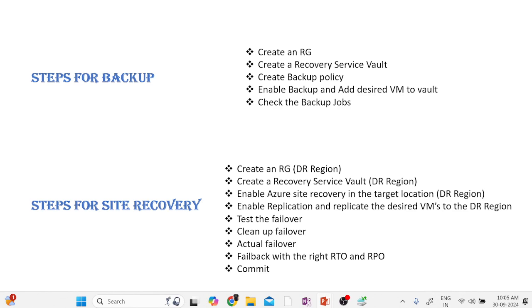It will make sure it triggers every day and takes the backup. If any error is there, it will send a notification or a ticket will get created. You can start working on it and resolve the issue. And purging means deleting the old backup. I told you daily backup, 30